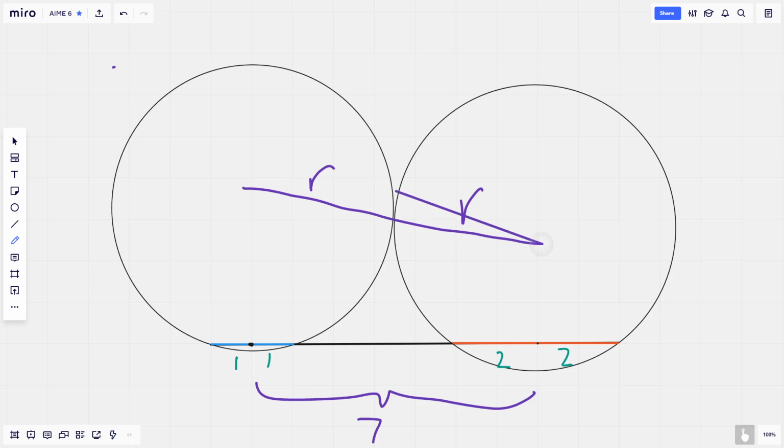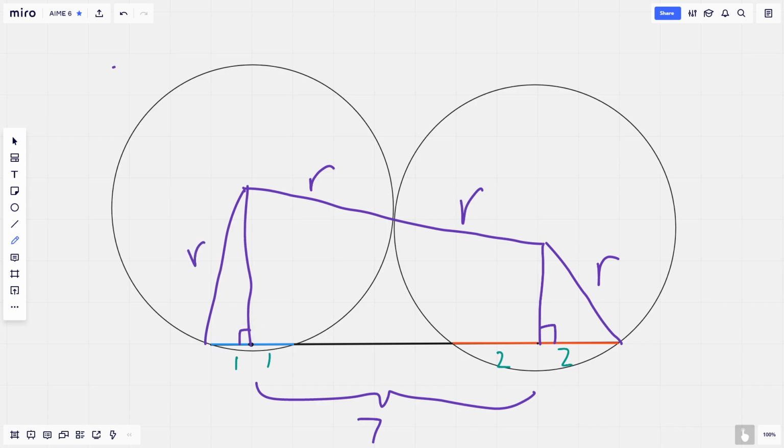So we connect the sphere to the hole, and we draw this line that's on the sphere, and we get a right triangle here. We know that this is perpendicular, and likewise we draw the same thing on the other sphere. Connect this line, we get a right triangle with a hypotenuse of r. We know the one leg, so we can solve for the other leg. So square root of r squared minus 1 and square root of r squared minus 2 squared, which is 4,